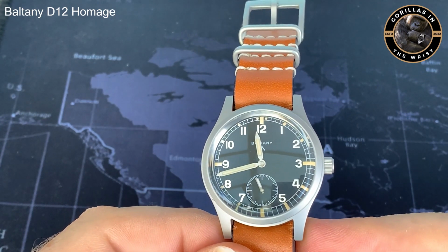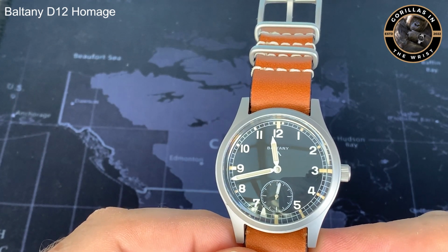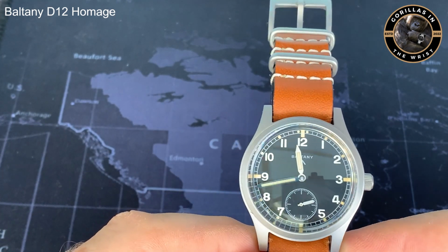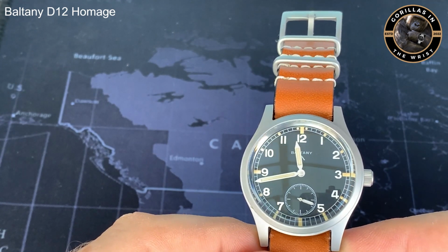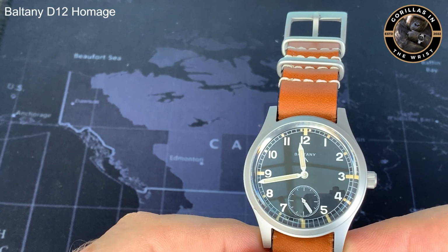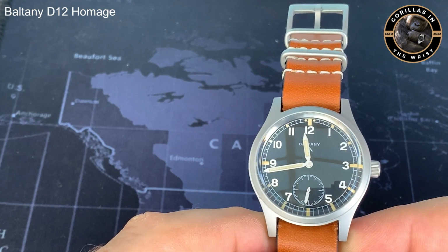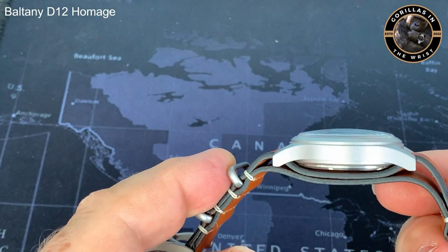The styling is very simplistic because it was there for a specific purpose. So there's a minute track all the way around the outside of the dial. The hands are very simple fence post hands. There's no date on this particular watch, and there's a small second hand at the 6. There's Roman numerals all the way around the outside and painted on indices, which are lumed. But that's it. These are very, very simple watches, and is covered by quite a nice domed sapphire crystal with